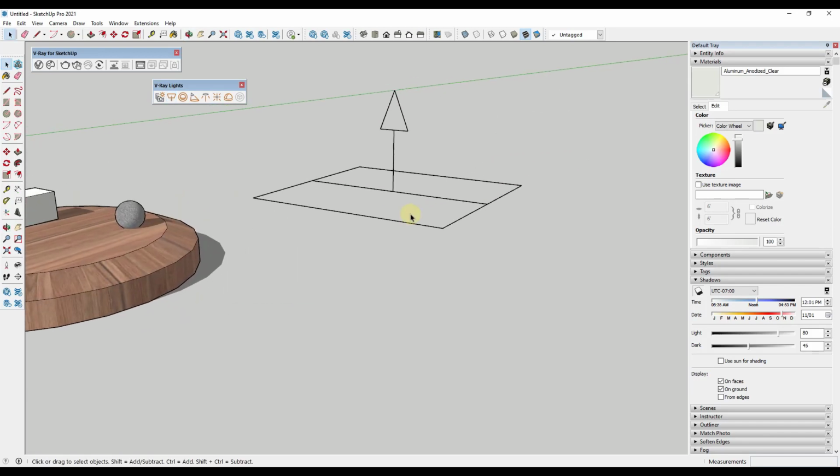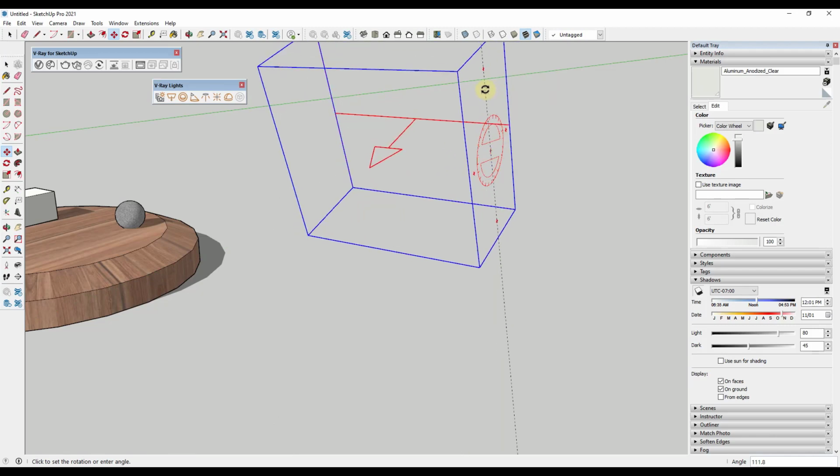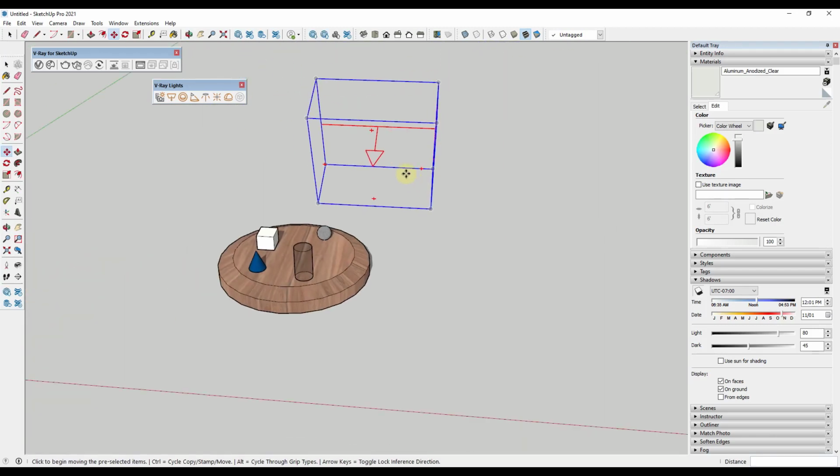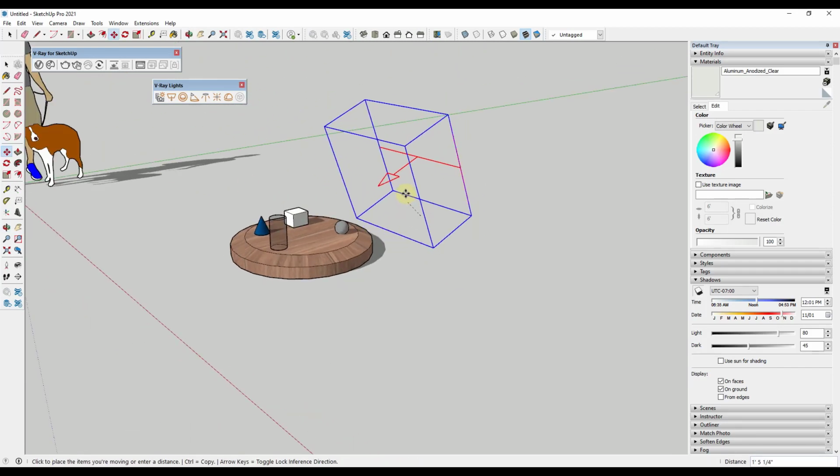But I want to give you kind of an idea how this might work. So what we've got is this light in here, and I want to rotate the light so that it's facing at my object right here, maybe at kind of an angle. So we're just going to align this. It's like we've got a light that's kind of up above,